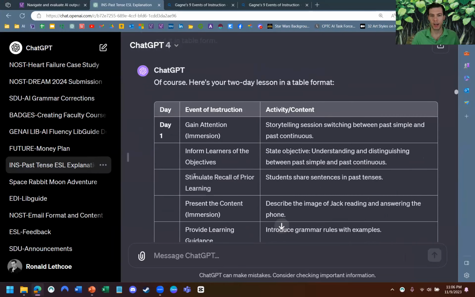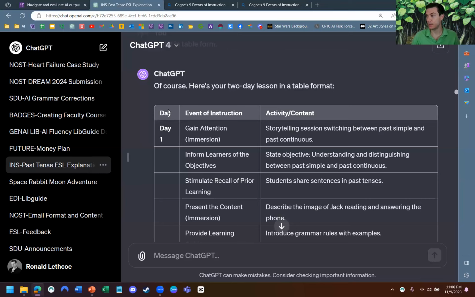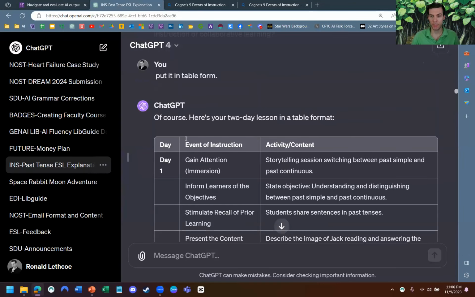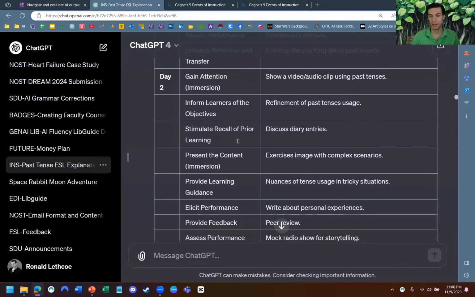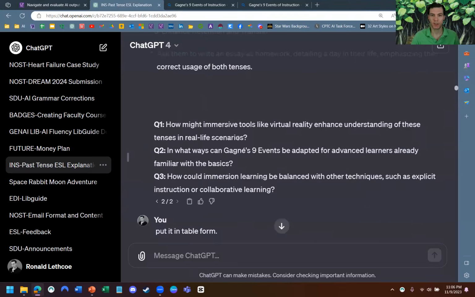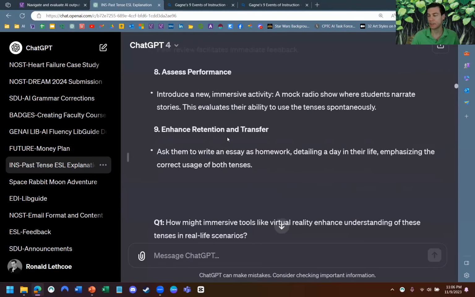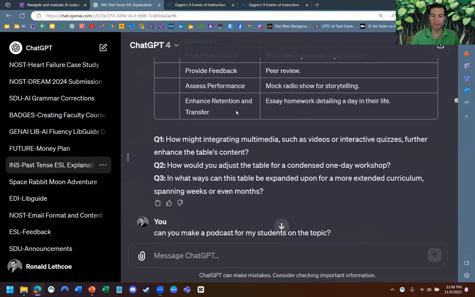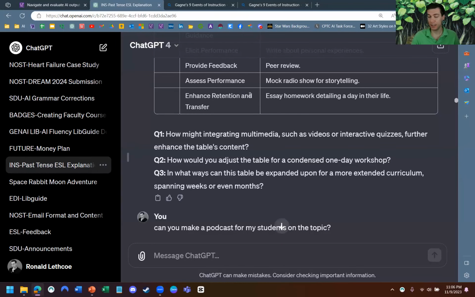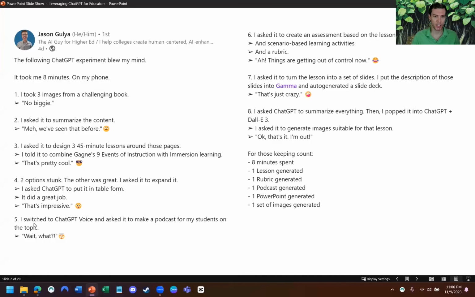I think it's impressive that you're able to take information and then easily, just by saying put it in table form. This is not useful for me because it's just the text and the description, the activity. But I could see use for that in the future. Okay, and then next up, let's see, I switched to ChatGPT voice and asked it to make a podcast for